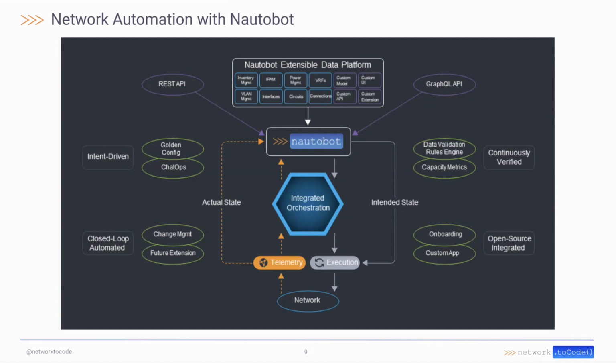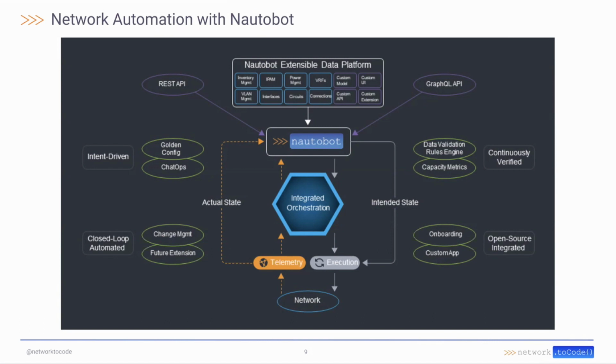And then we've got the execution components, which actually talk to the network devices, and then the telemetry stack, which is how we get state back out of the network. And so what we form here is this feedback loop of automation, and it is centered around Nautobot and that orchestration engine. And on the outside here, we've got these green circles that represent the opportunities for the true business value in mindset in my mind.